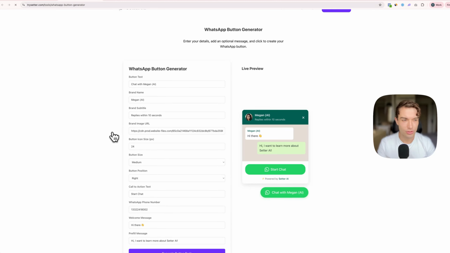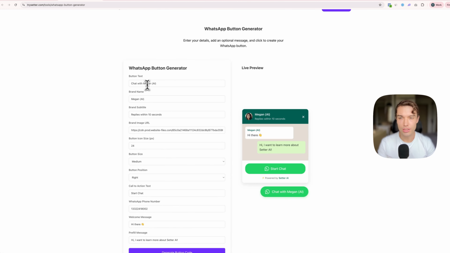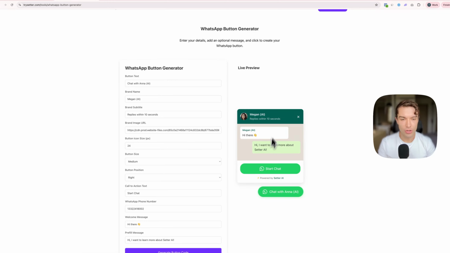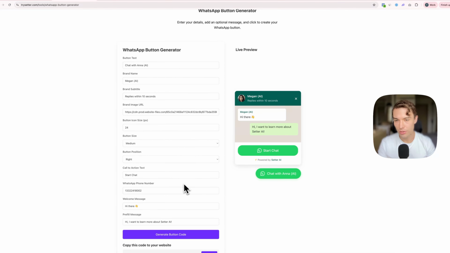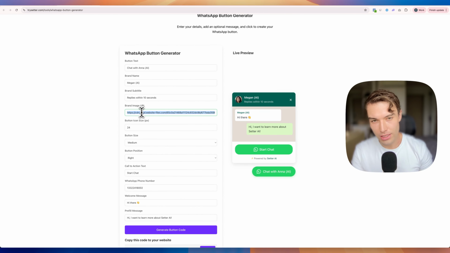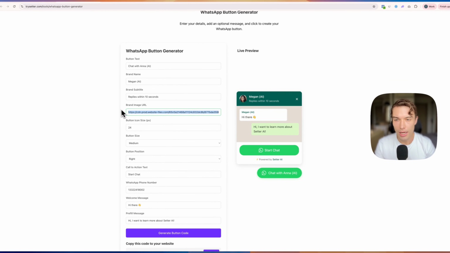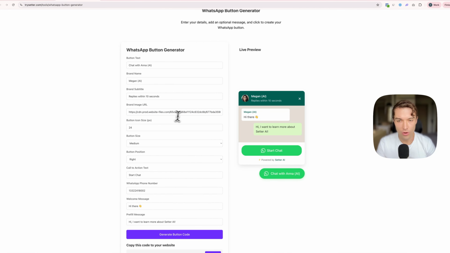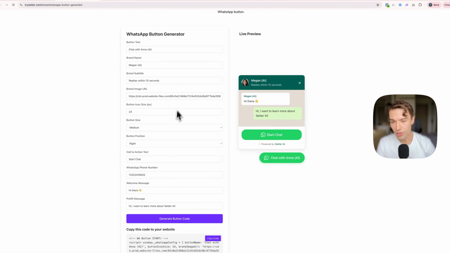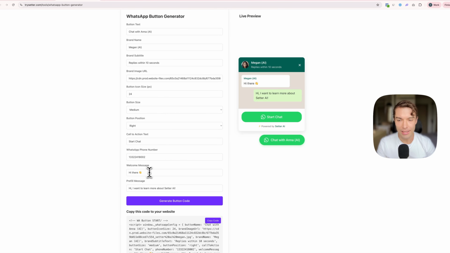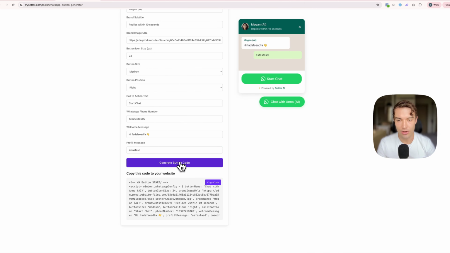And here you will get to our free WhatsApp button generator. Just change your name, whatever you want to have in that button. You can customize everything here. You can also customize the image. That image needs to be one that is already like live on your website, for example, and you have a URL for that image. So just put that in, for example, from your Webflow, WordPress, or whatever website. Just put that image in here, the image URL, put in your phone number, and you can also customize your first message and the pre-fill message, and then just click on Generate Button Code, and just copy that code